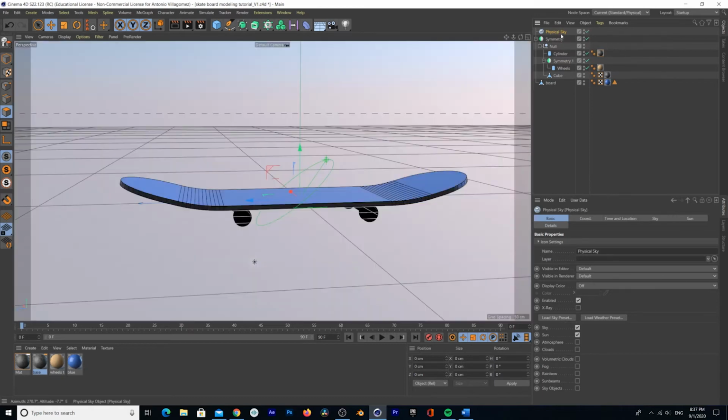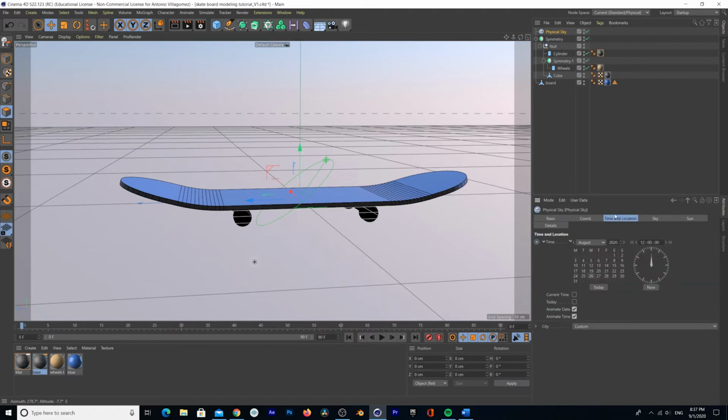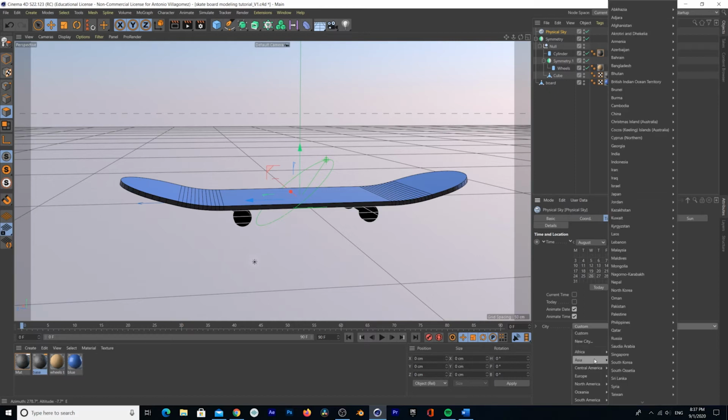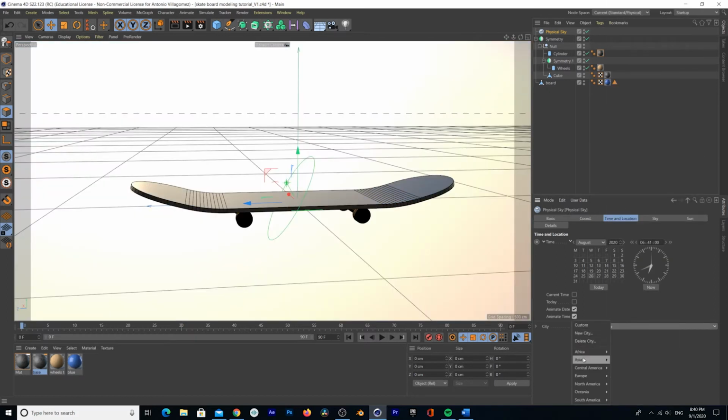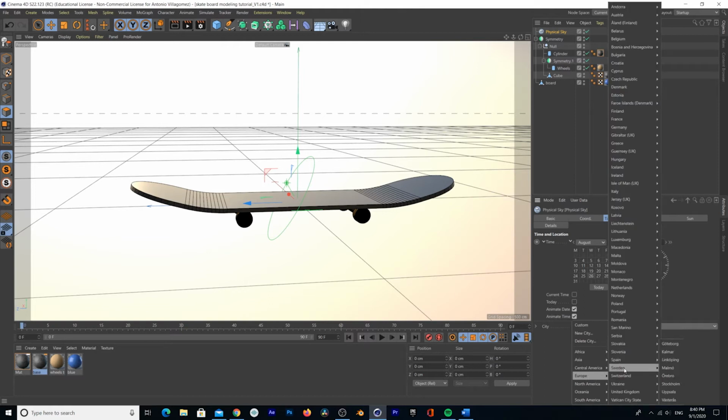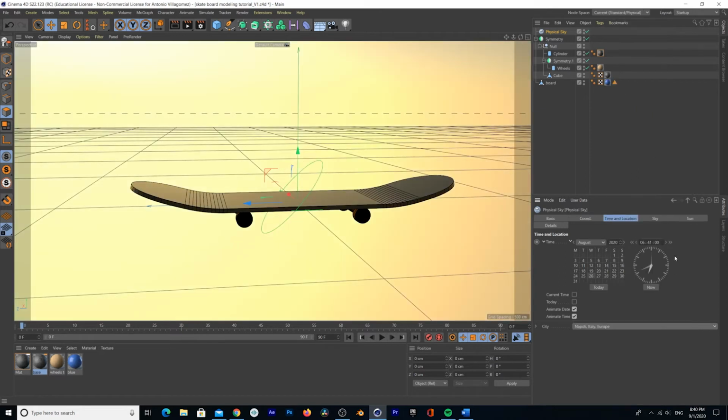And the awesome thing about the physical sky is that you can actually change the type of light that you're applying to your scene based on the time of the day and the date, which will give you a very accurate version of what the light would look like at certain times and actually in certain locations. You can actually choose a city, you can choose a continent, and it's pretty awesome. If you go to, let's say, Europe, and let's say we want to go to Italy and Napoli, and choose a different time, maybe more like